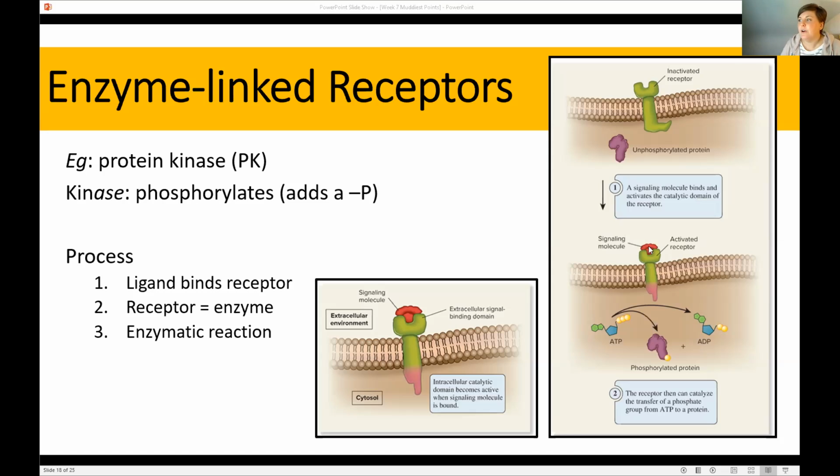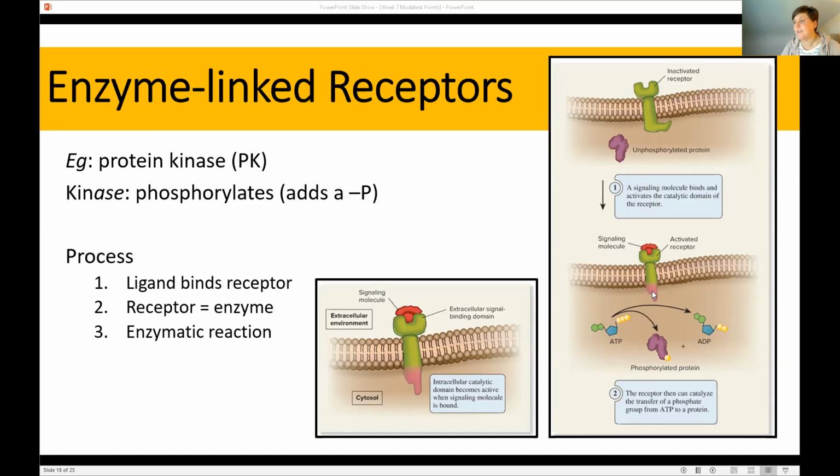And so you can see here, we have a ligand bind that receptor. It turns that receptor into an enzyme, and in particular, protein kinases. Kinases phosphorylate things. This removes a phosphate group from ATP and adds that phosphate group to this protein. That creates ADP because we took off a phosphate group. So whenever we remove a phosphate group from ATP, that creates ADP. When we use ATP in a reaction, that is using energy. So this is an energetic or energy requiring process.